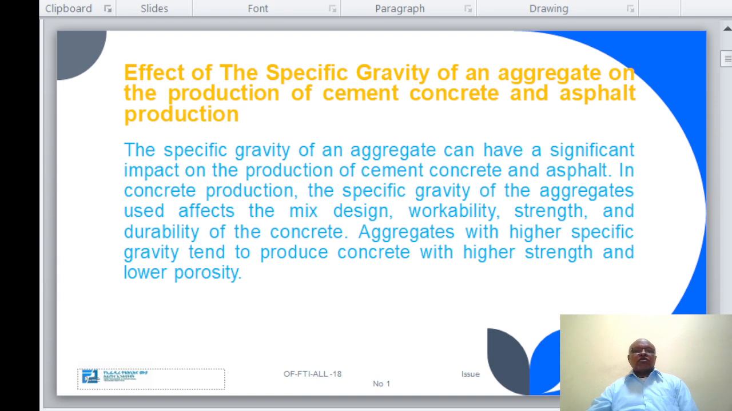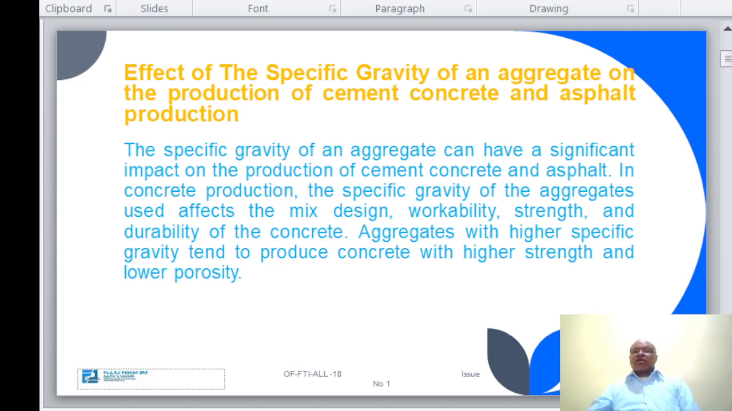Specific gravity is the ratio of the weight of a material relative to the weight of equal volume of water. In the context of aggregate, it provides information about the density and strength of the material used in construction projects. In concrete production, the specific gravity of aggregate affects the overall density of the concrete mixture. Aggregate with a higher specific gravity will result in denser concrete, which can lead to increased strength and durability of